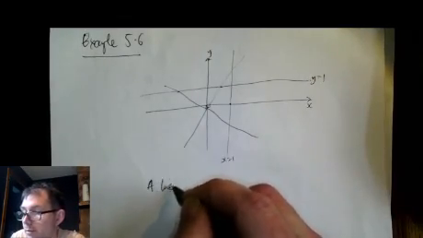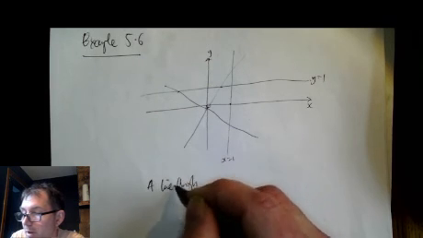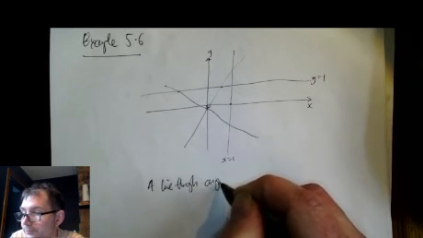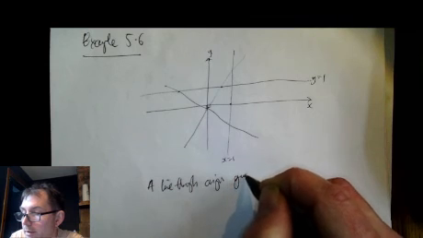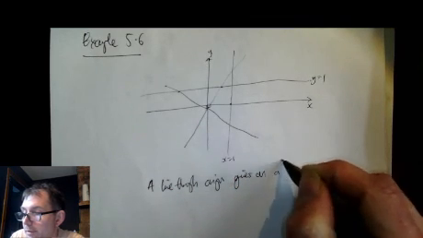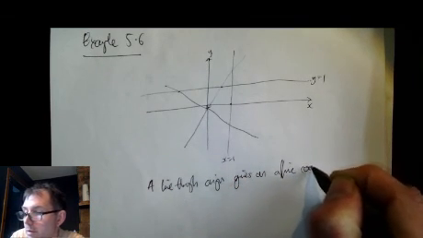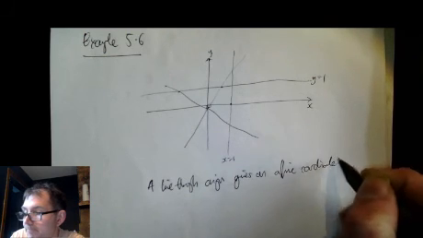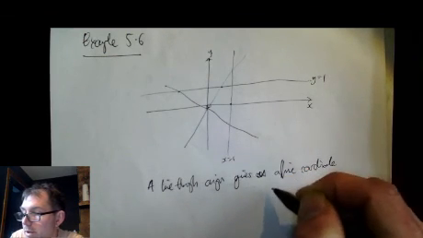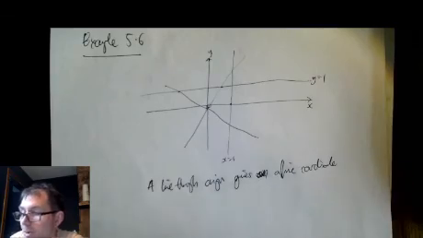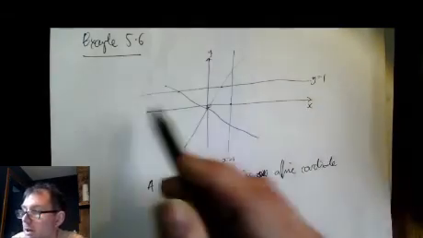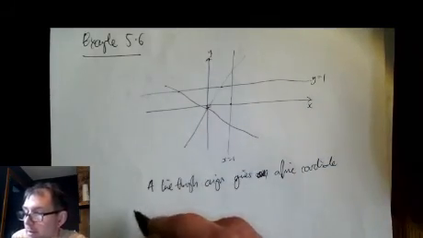So a line through the origin gives an affine coordinate, a set of affine coordinates, I should say, but in this case it's just one because it's just a single real number